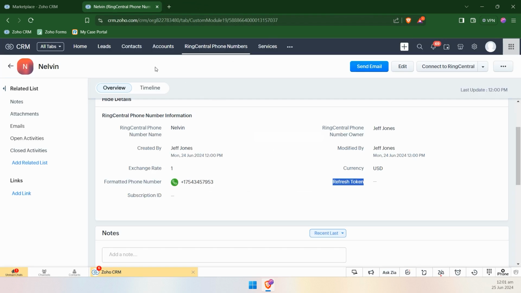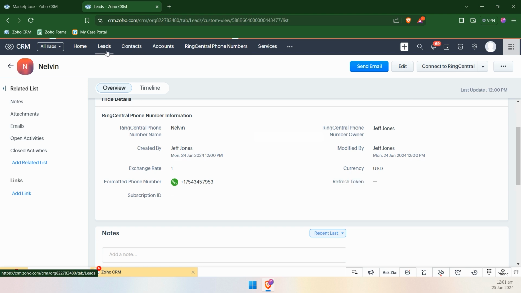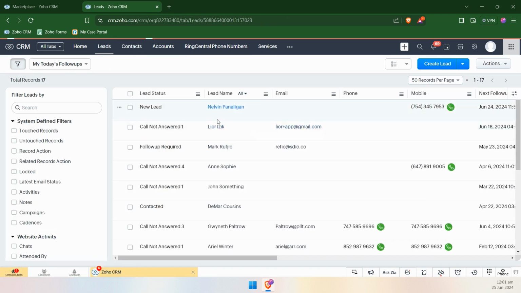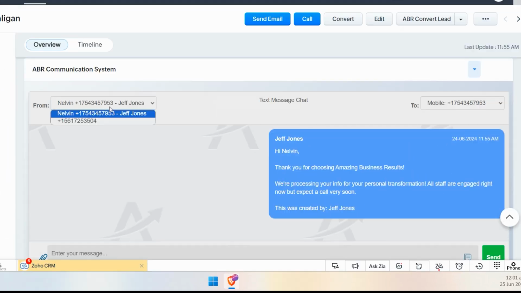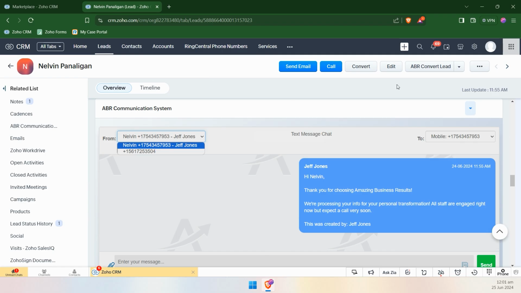Now that you have added a user here, if we go back to leads, then open the same lead and go to our widget, you'll see here in the from phone number, there are now two. I'll be able to select the main number that was added in the marketplace, or I'll be able to select Nelvin, the RingCentral phone number I just added. The other thing that I'd like to show you